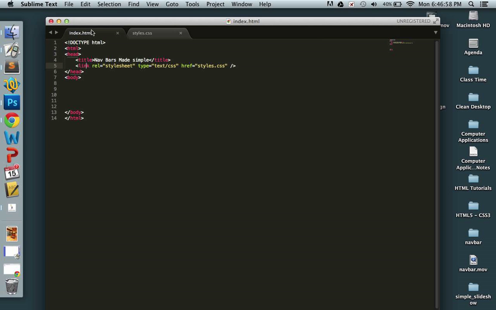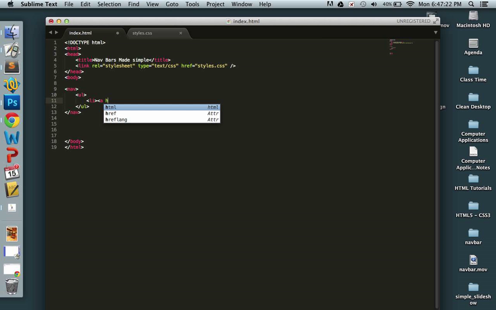The first thing I want us to do is actually create the HTML that we need. And so I'm going to use the new HTML5 nav element and then just put an unordered list in here. Of course, if you wanted to, you could give it an ID. And then I'm going to specify my list items. Of course it'll be links, so I'm going to use the anchor tag, href equal whatever the link is. I'm just going to put a hashtag or pound sign here, and let's call it home